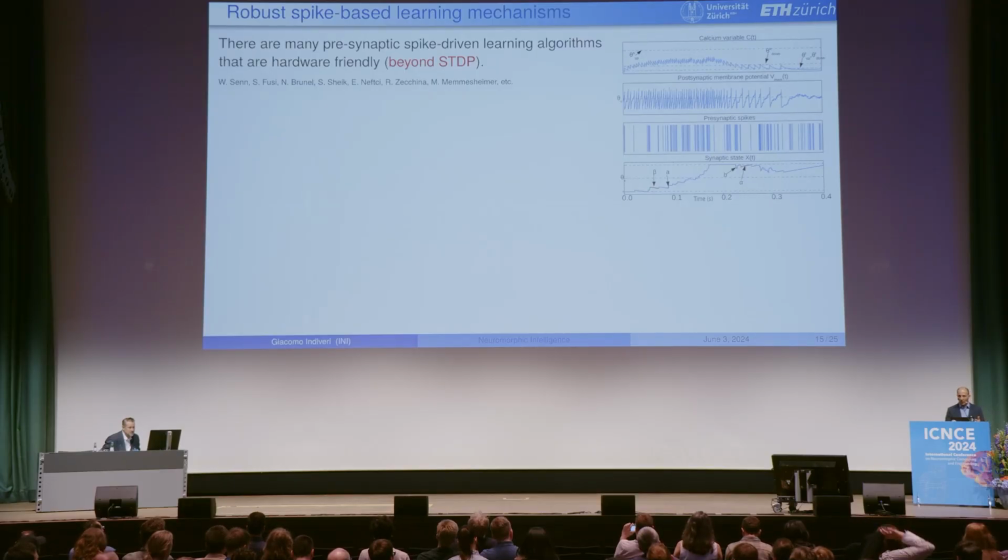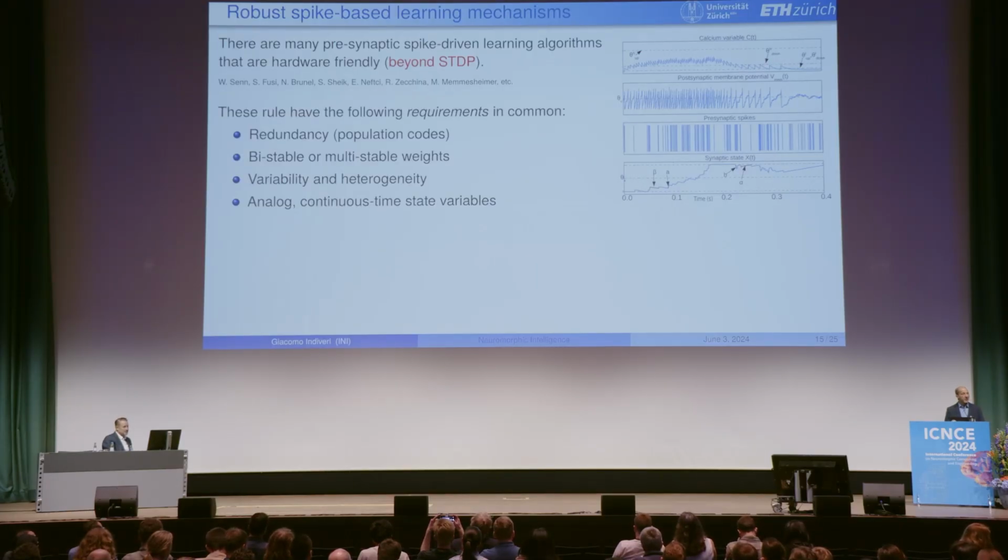So this is a plea to the whole community: please be aware that there is much more than STDP, and these new rules, from decades now, are showing how you can still use the timing of spikes, but using additional state variables to improve the performance of your network through learning. And the nice thing about all these rules, both STDP, but also these new ones coming from theoretical physicists and neuroscientists, is that they are very hardware friendly. They do require redundancy.